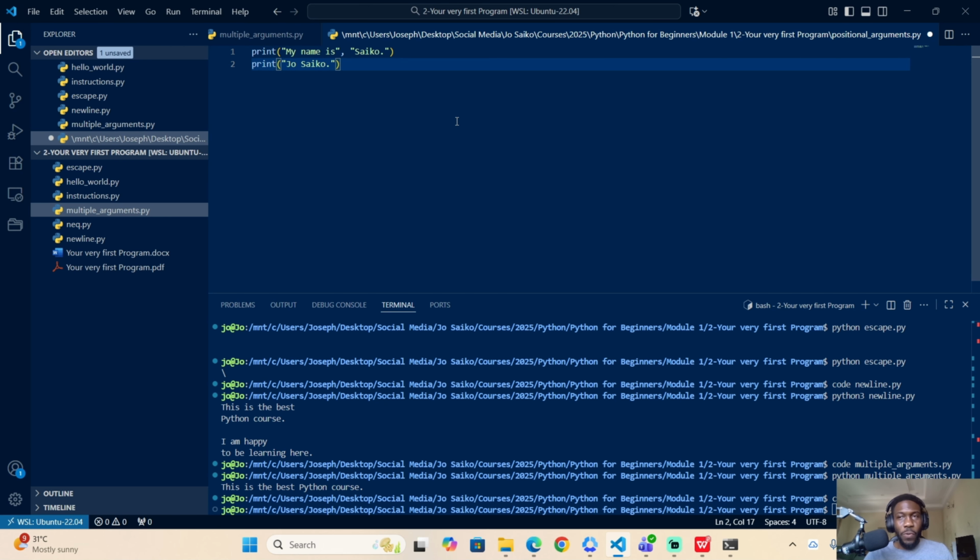Okay, so positional arguments, right? It means, like I said in the theory, that in a print function, the usual way that Python runs the program is positionally. So you see here, this is the first argument and this is the second argument. Python is not going to jump the first one and go to the second one and start from there. It goes in position. So this is the first one, this is the second one, just like that. So if I run this now,